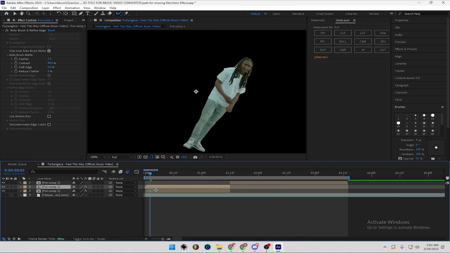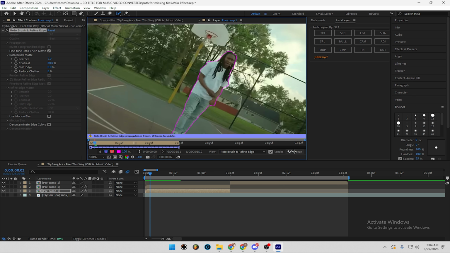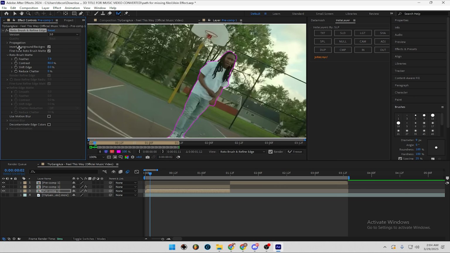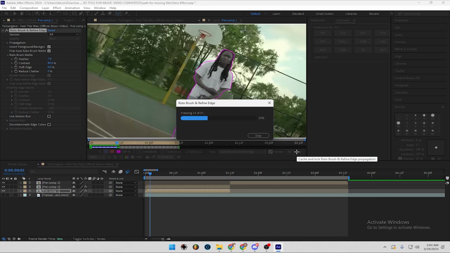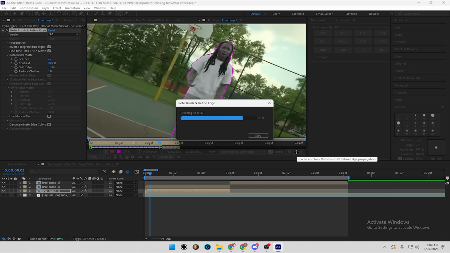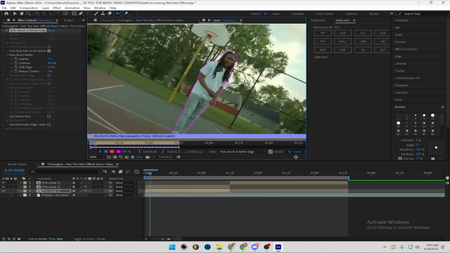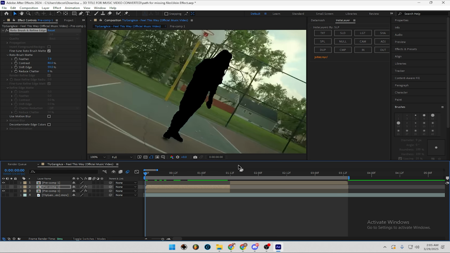Get out of it, and then duplicate that layer, double click it again, but unfreeze it, and then invert it, and then freeze. Now once that's done, turn this off,